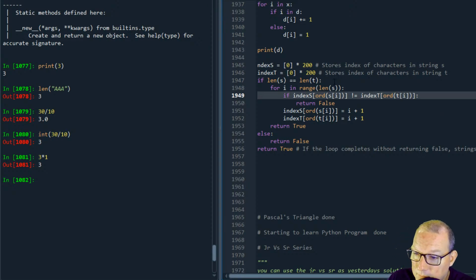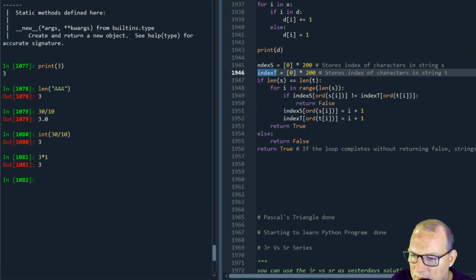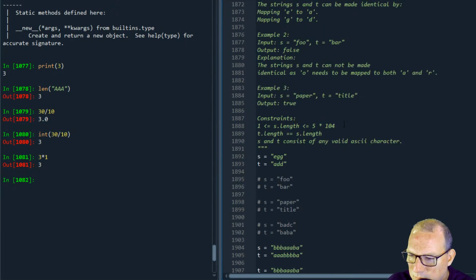Okay, first has to be true. So they're taking the len of S and T, which is redundant because we know it's going to be the same. So what are they doing? They're taking indices of S, indices of T. They're making zero lists. They're making characters, storing index characters in string S. Oh, because it's the constraint up to, but it could be 200,